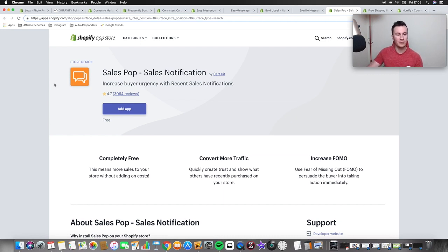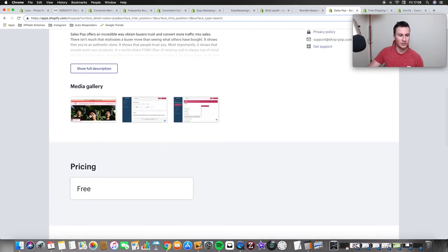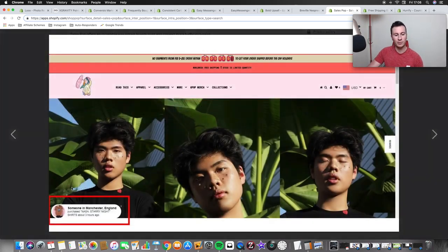This is a great way of breaking down those barriers. And what it does then, just to show you an example, is little pop-ups in the bottom left corner. You can customize it as well. You can choose whether to show it on mobile or just desktop. And it just pops up to say that somebody has just bought a particular product, and it's just a great